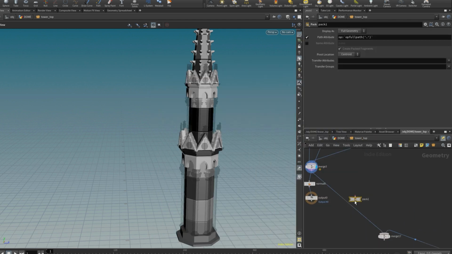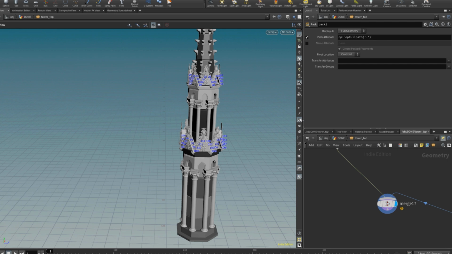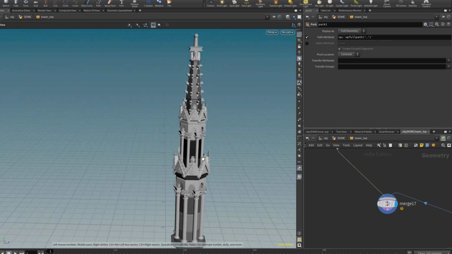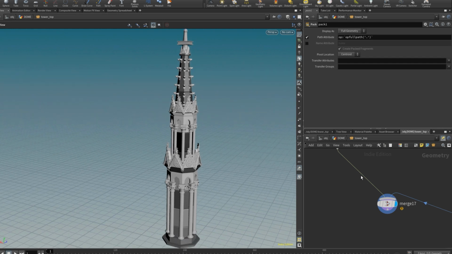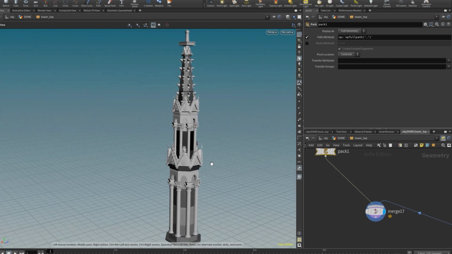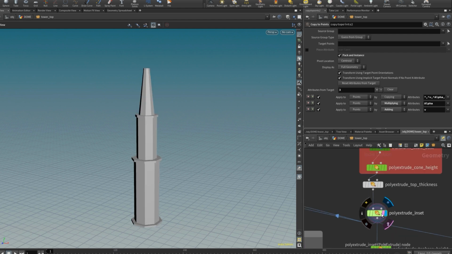I guess what's the worst case that can happen? Well, if you make something packed instance with something that is not, that can cause some issue down the line, some instability with Houdini, experience some crashing, things like that. So yeah, you want to be careful.